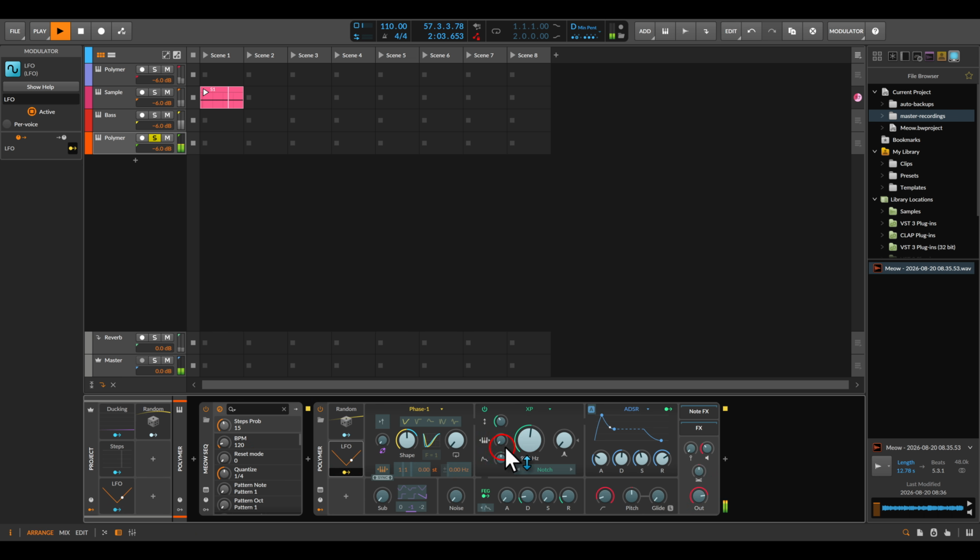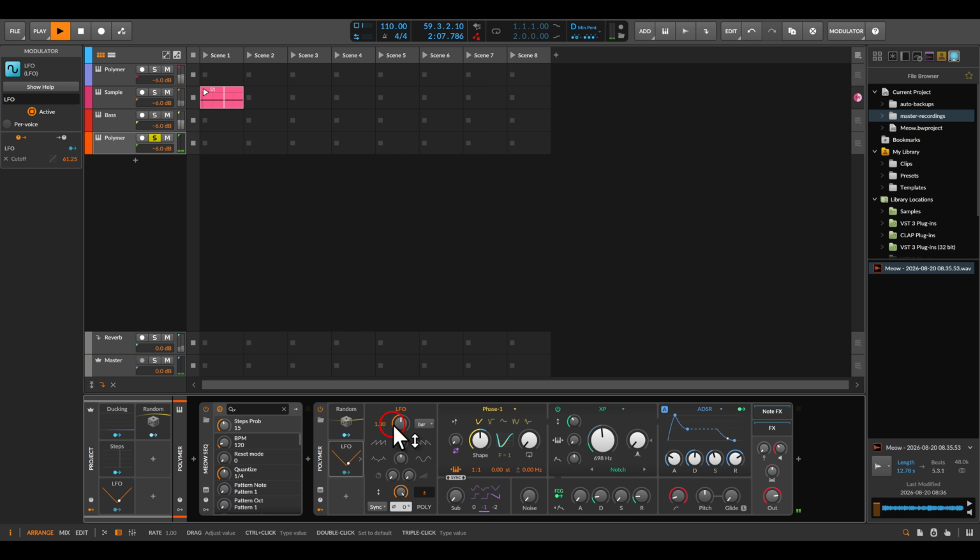Opala. Bit slower maybe. Let's say 6 bars. Right, maybe even